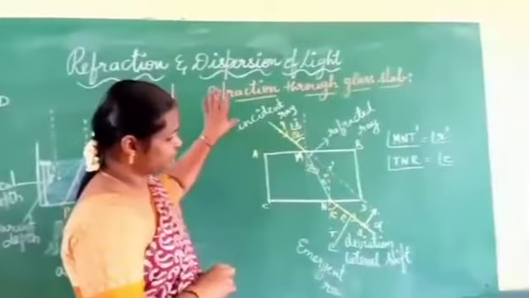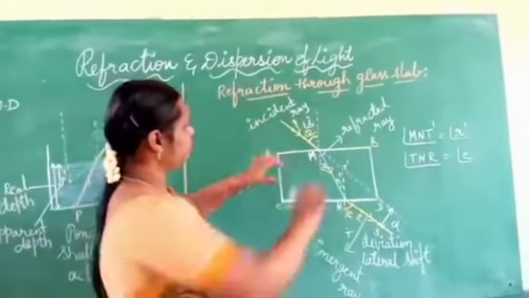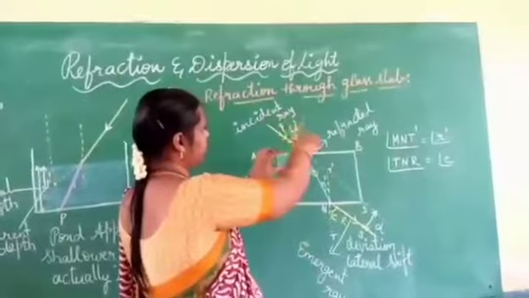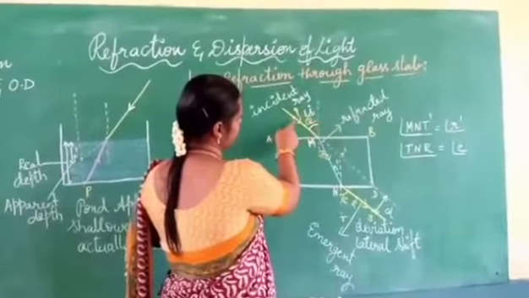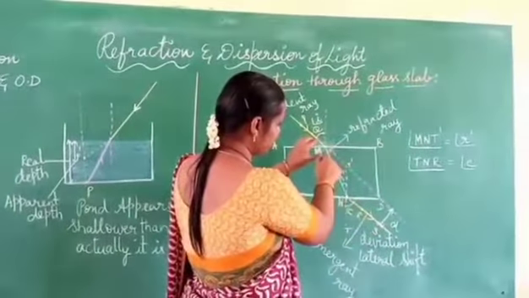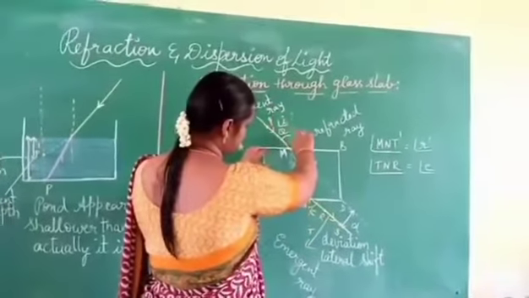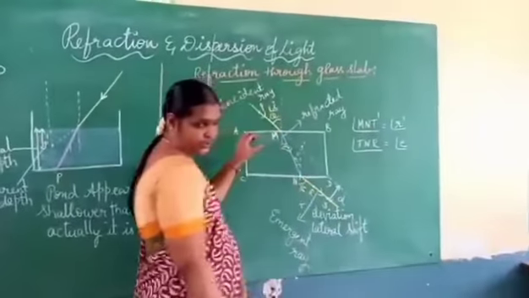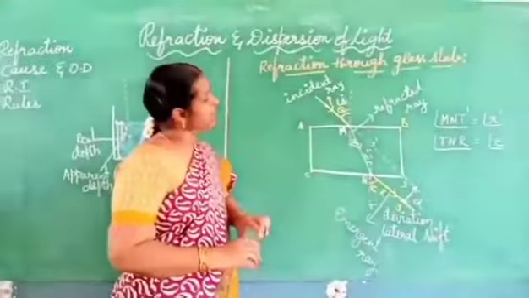Children, after you come back to the class, we will do this activity where you will be placing the glass slab like this on a sheet of paper, and you are going to draw the incident ray and keep two pins, indicating P and Q. Then from the other end of the glass slab, the refraction will take place. From the other end, you will be seeing the image of this, and then you will be placing two more pins. That becomes the emergent ray. So we will do this activity once you come back to your classes.